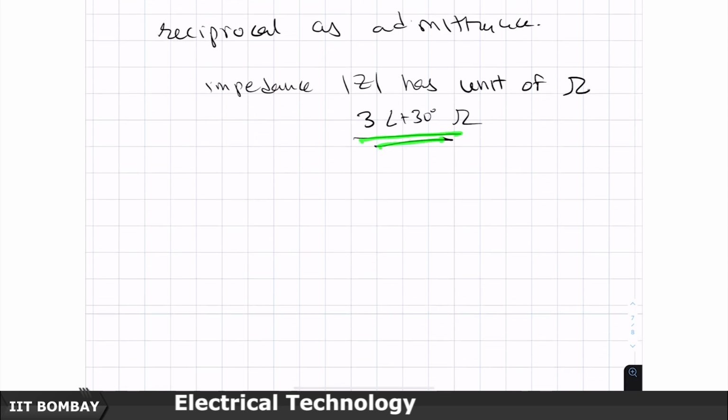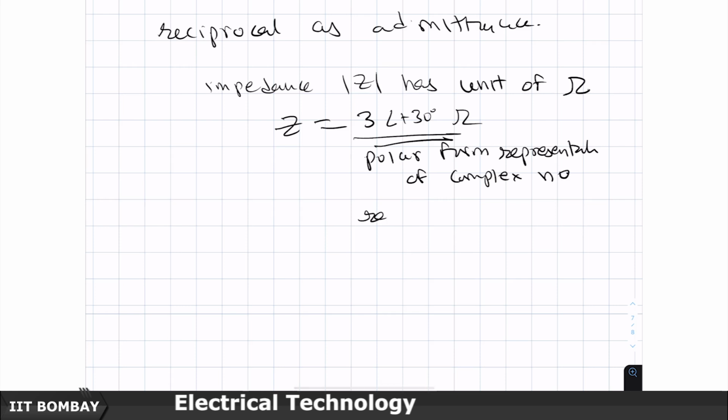So, for example, I can say Z has an impedance of 3 angle 30 degrees, and if something can be written like this, then this is a polar form representation of a complex number. I can also have a rectangular